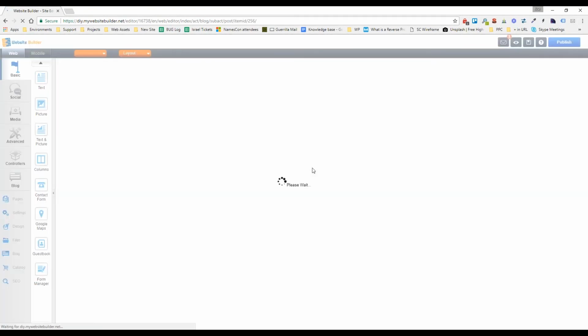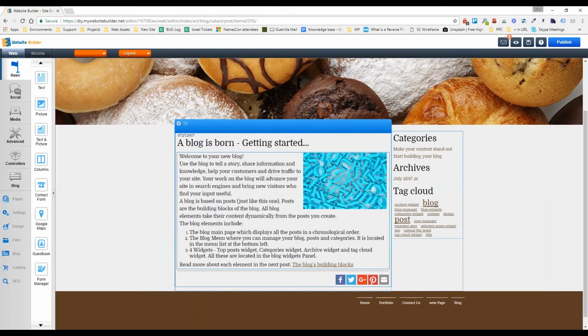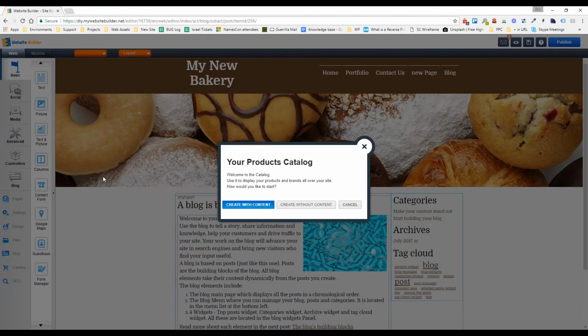If you want to edit those pages, you just click on the little pencil, and now you can add any widgets that you want to this particular blog post and manage it. Catalog works the same way. I know we're running a little short on time here, so I'm going to wrap it up pretty quick, but you can create it with or without content. The only difference between the catalog and the e-commerce is obviously there's no buy now button